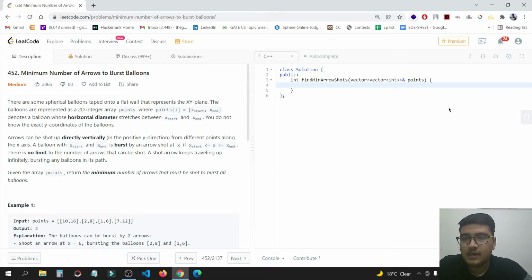There are some spherical balloons taped onto a flat wall that represents the XY plane. The balloons are represented as a 2D integer array points, where points[i] = [x start, x end] denotes a balloon whose horizontal diameter stretches between x start and x end. You don't know the exact y-coordinate of the balloon. Arrows can be shot up directly vertically from different points along the x-axis. A balloon with x start and x end is burst by an arrow shot at x